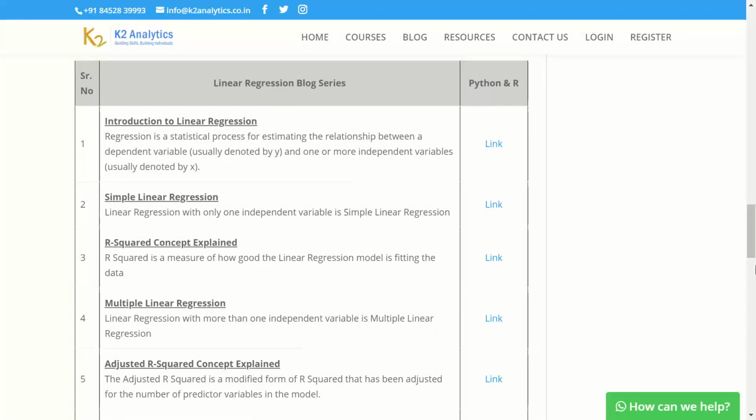First, we'll definitely start with the basic concepts, then we'll see simple linear regression, how we evaluate a simple linear regression using R squared, a model performance measure used often to evaluate regression models. From simple linear regression, we'll go to multiple linear regression. In a simple linear regression, we typically have only one independent variable. So basically y is equal to alpha plus beta 1 x. We predict the y based on x.